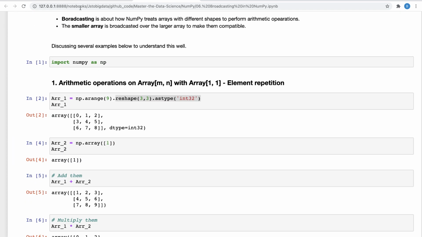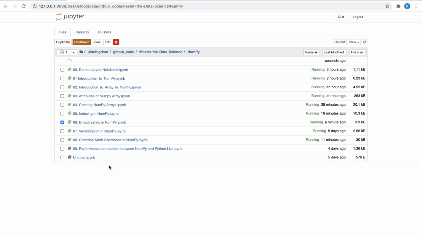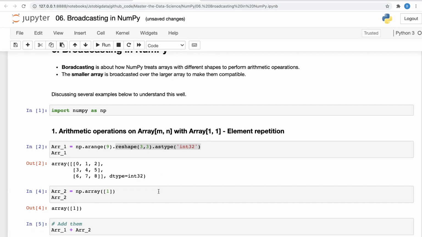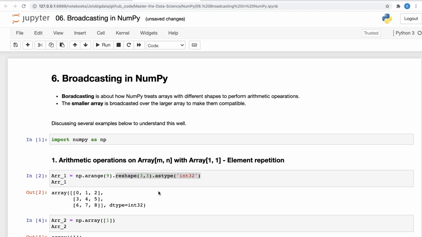So this is pretty much about broadcasting. Okay, and I hope this is clear to you, how NumPy takes care of the multiplications or additions. And in the later part of this tutorial, we will cover some more mathematical operations that are possible in NumPy. We have not yet touched those, so we will also talk about it.